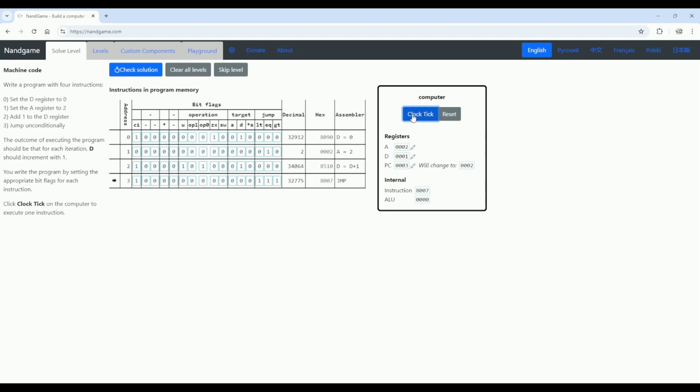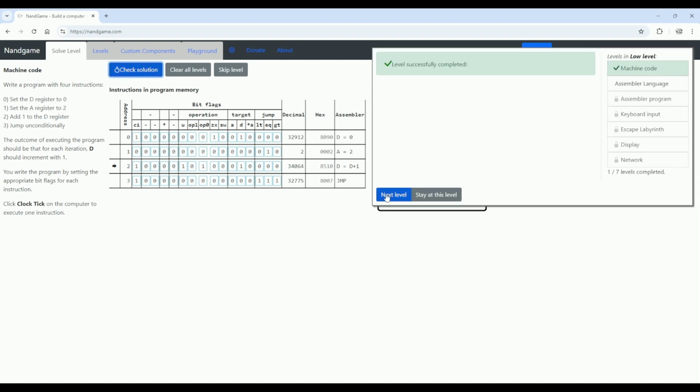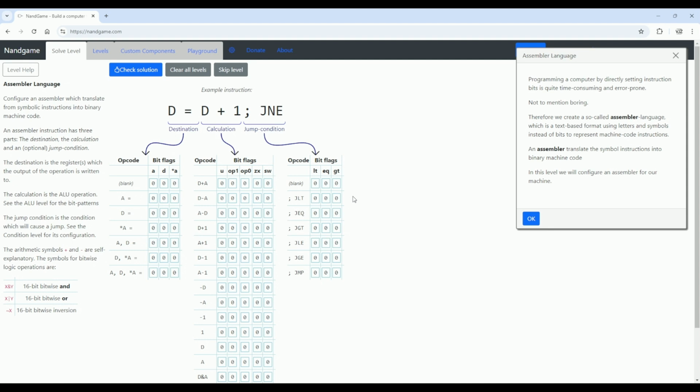And then finally, we're going to jump. So there we go. It's just going to keep on adding because it's unconditionally jumping, and then it will run the instruction and jump again. And that should be the solution. There we go. Let's go on to the next level, because first of all, we've programmed in machine code, but